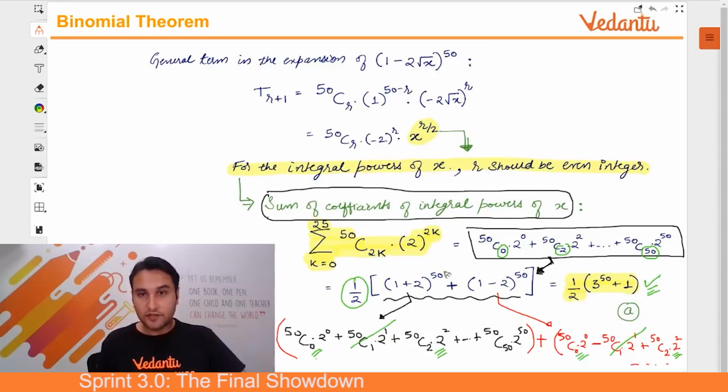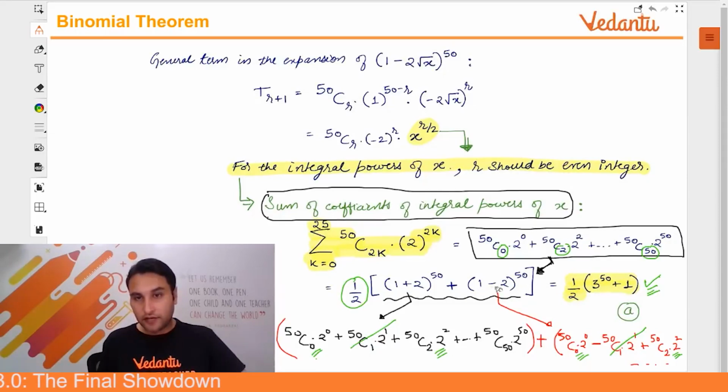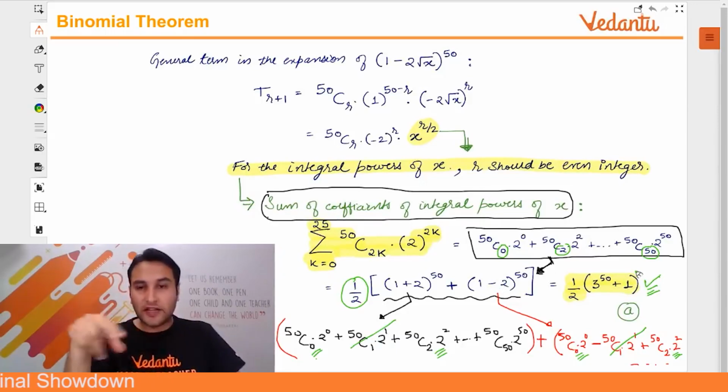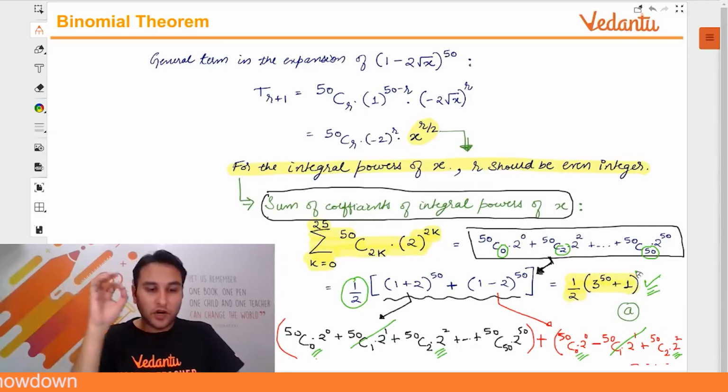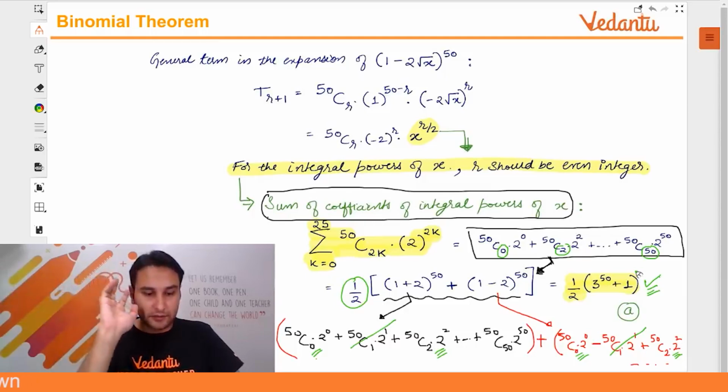Got it? 1 से 1 gets cool. कितना हो गया? ये हो गया 1 plus 2, कितना हो गया? 3. And what is 1 minus 2? Minus 1. Minus 1 की power 50 is 1. That's your answer. Got it? Odd वाला cancel हो गया? सबको समझ में आया? Yes कि no? That is the only concept. All your problems of binomial coefficient in IIT will only use this concept typically.